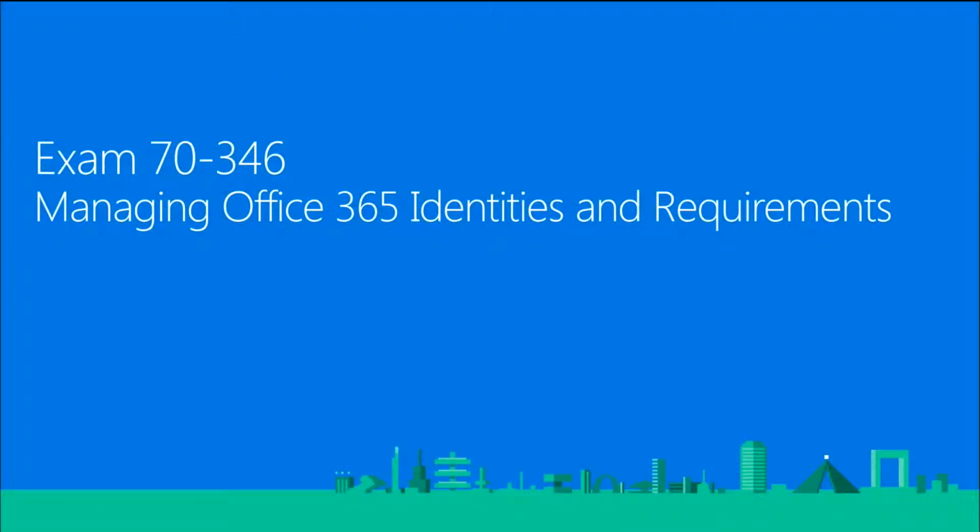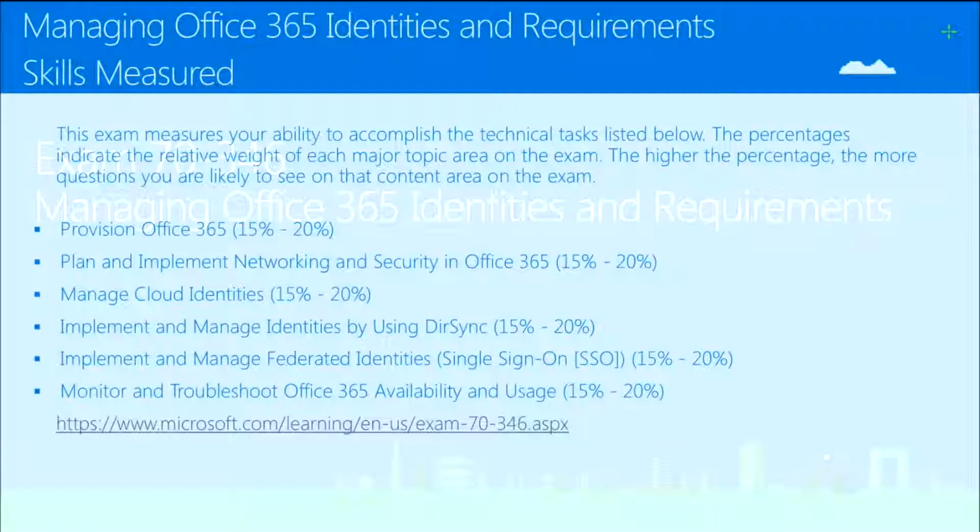So first up then, we're going to talk about exam 70-346, managing identities and requirements. When we take a look at the skills measured here, you can pretty much take a guess at what the topics are going to be about. We talk about provisioning Microsoft Office 365. We talk about planning, implementing, networking and security, managing identities, and that's the authentication part, of course, implementing and managing